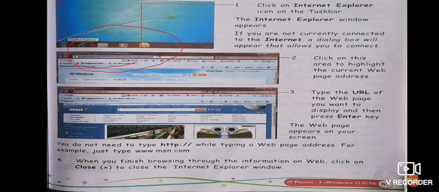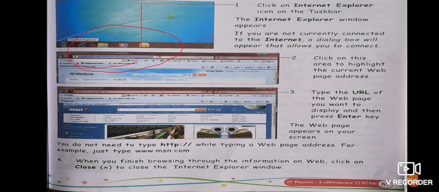So there are very simple steps. First, you have to click on the Internet Explorer icon, that is your web browser, any web browser. If you have Mozilla Firefox, you have to click Mozilla Firefox, whatever icon you have. Then the second step is you have to click on that URL area, that is the highlighted area.